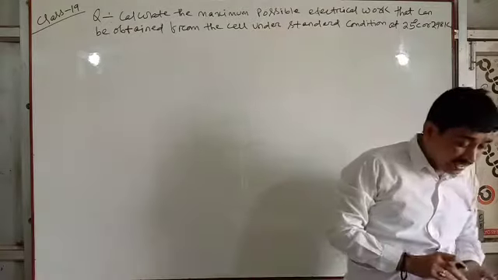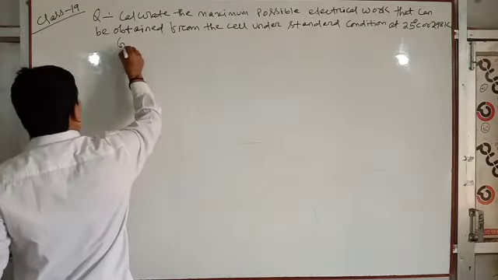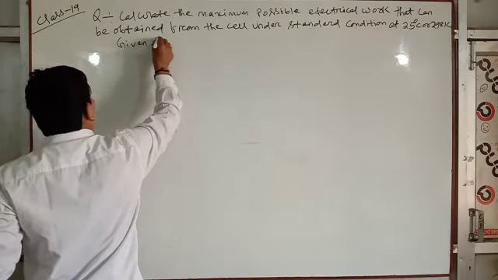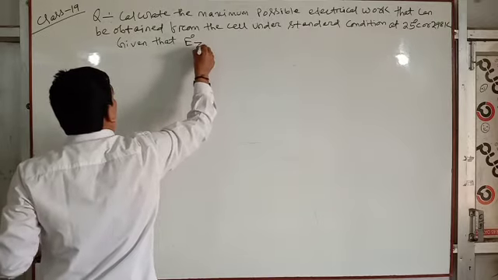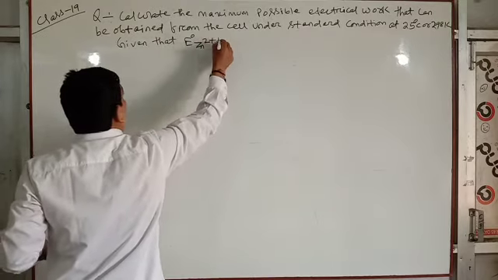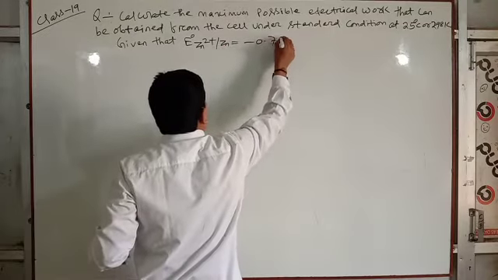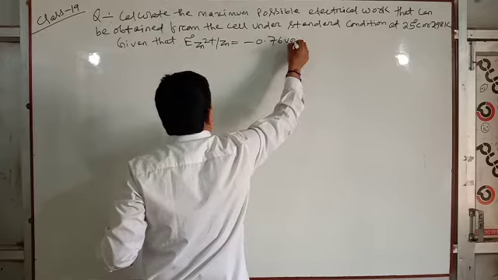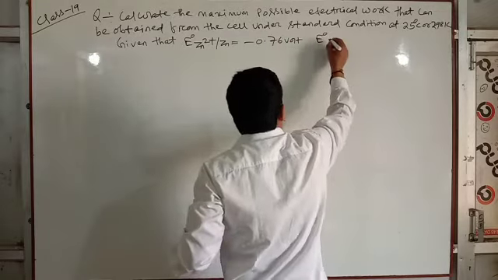To 298 Kelvin. Given that E0 of Zn2+/Zn is minus 0.76 volt, and E0 of